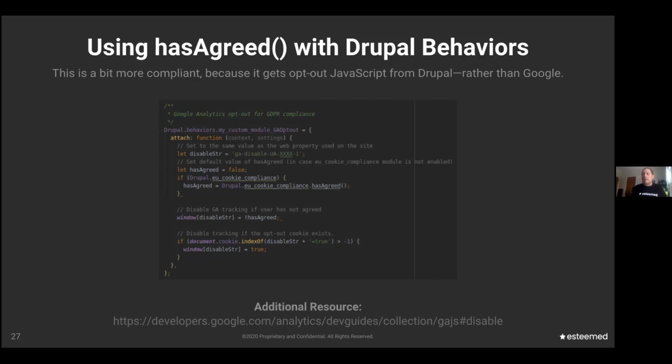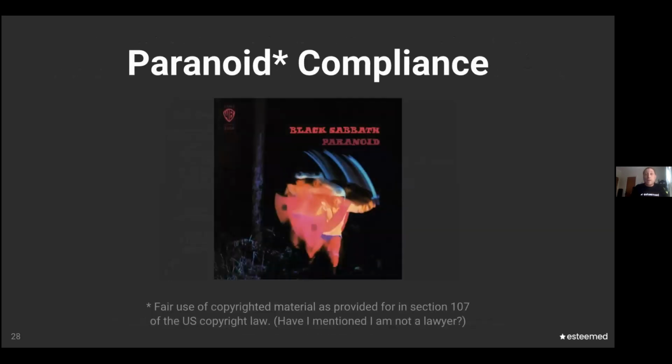Rather than asking Google, downloading the stuff from them and then saying, oh, by the way, they don't want to be tracked, so just ignore this. This is a little bit stricter way of doing it. And if you're really paranoid, right? If you're really looking for paranoid compliance